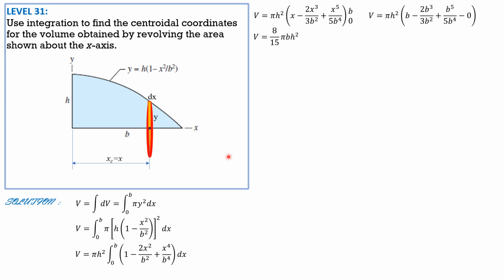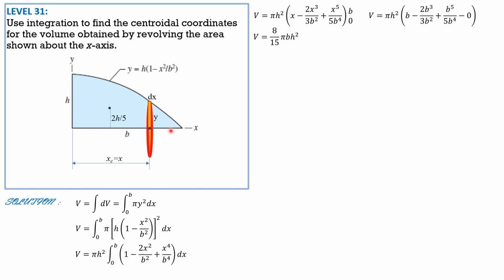Now, if you're familiar with the location of the centroid of this parabola from the x-axis, then we can use Pappus-Guldino's theorem, which is volume is just area of parabola times 2 pi times distance traveled by the centroid. So that is if you can remember that. So assuming you remember, the location of the centroid of parabola from the x-axis is 2/5 of h, because from the vertex to the centroid along the axis of the parabola is 3/5 of h, so this is 2/5